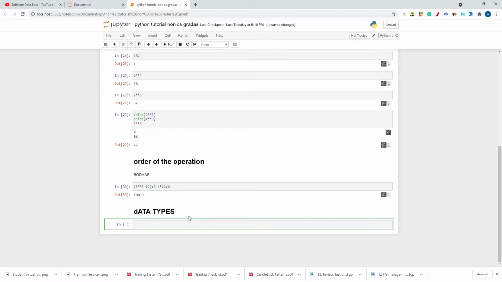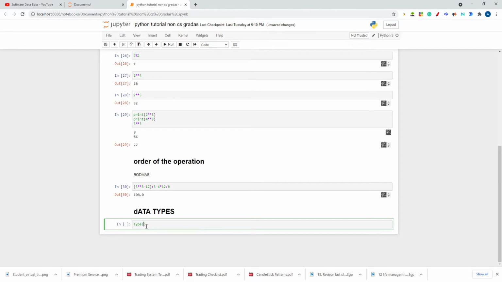Now second thing, what are the different data types? There are basically two data types that you are going to see very frequently. The first one is an integer. If I type, type is a function in Python. Print is a function, type is a function, so it will be highlighted in green.